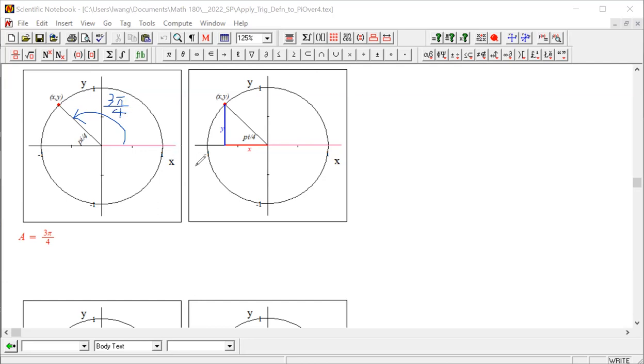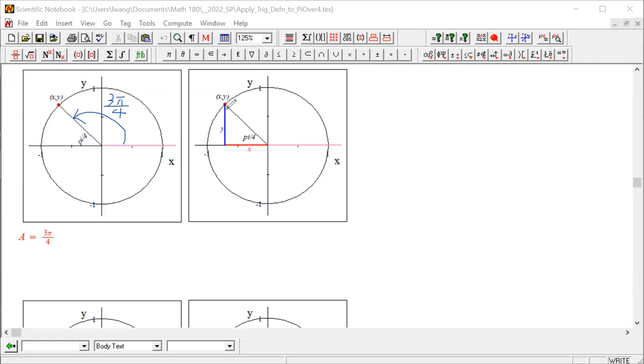Okay, you can see pi over 4 is the reference angle because between the terminal and the x-axis, this is the angle that is acute and positive, right? So that's the reference angle. For the same reason, we can construct the right triangle, right? This is the reference angle, pi over 4, so x and y are the same again. So we get the same triangle,